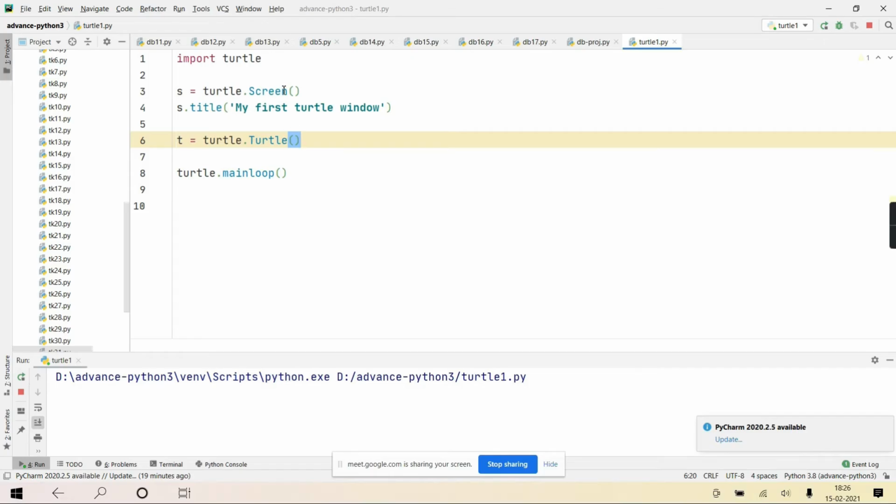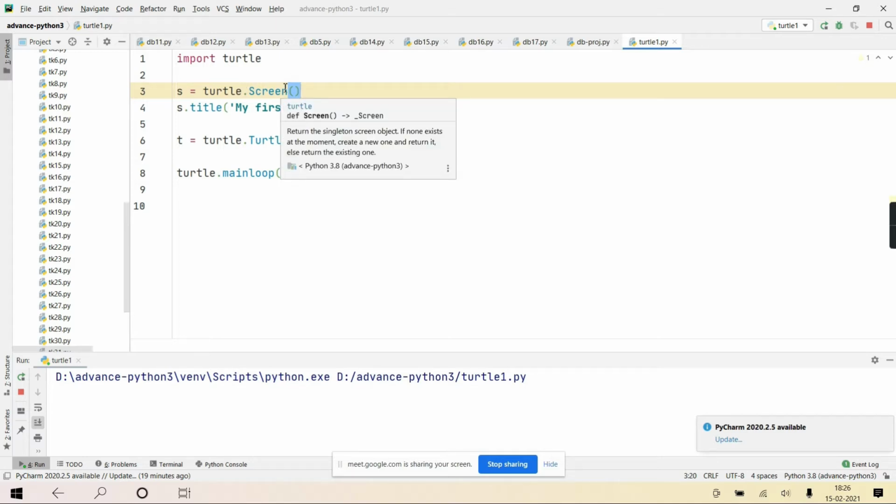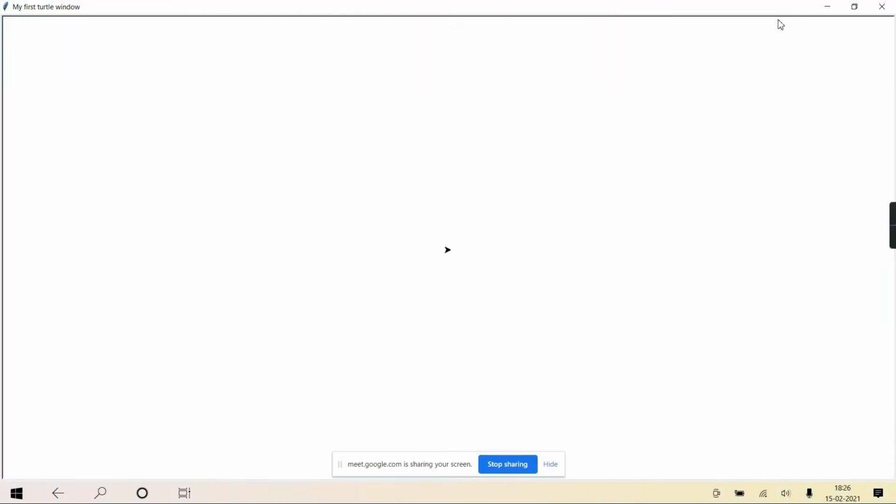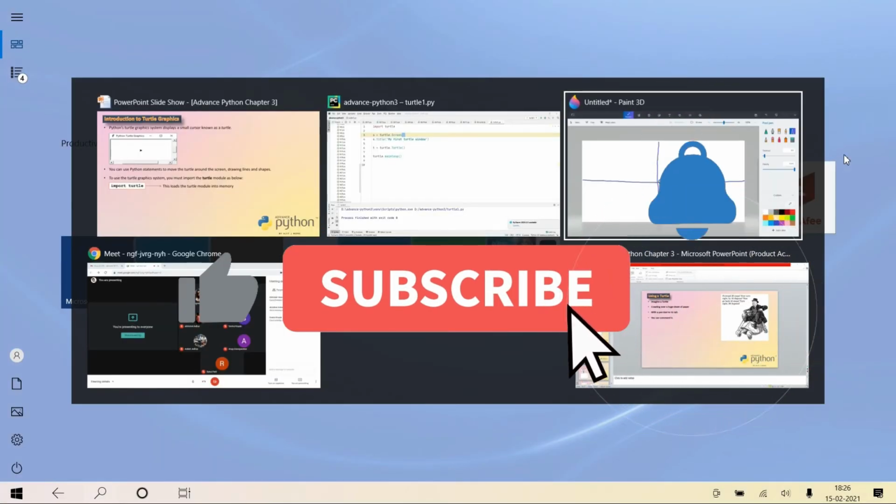Right? And this screen which we have created is a singleton. Singleton means multiple objects don't get created. Like if you try to create one more screen, it will keep returning the old one only. The singleton object concept is in C++ also, but for now just remember, multiple objects of that class are not created. It will allow you to create only one object at a time. Okay, so a singleton object is created, and inside that this turtle is created. So you got the basic idea now. Let's quickly discuss it.